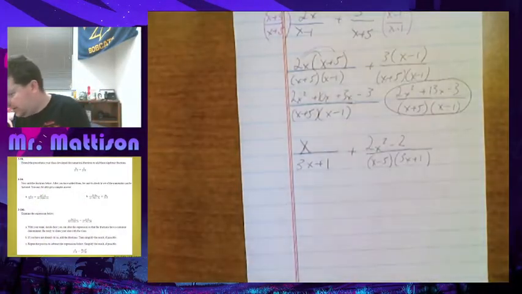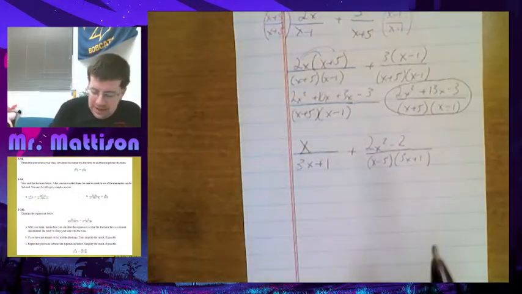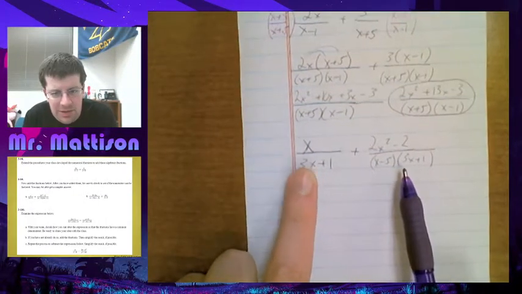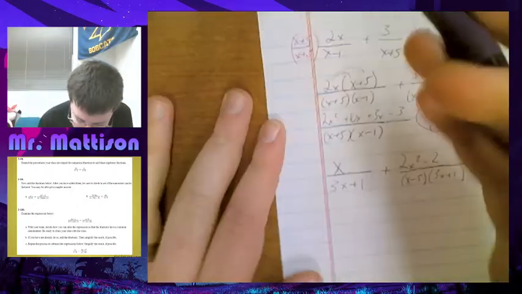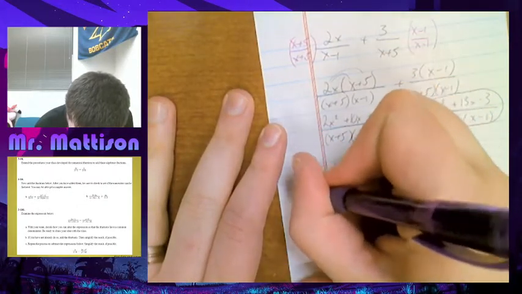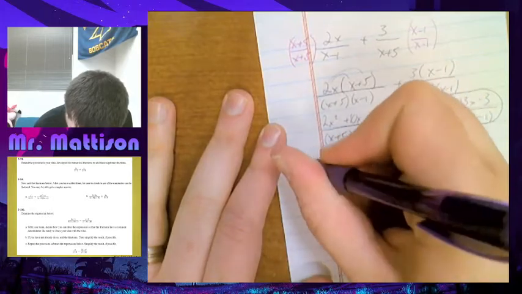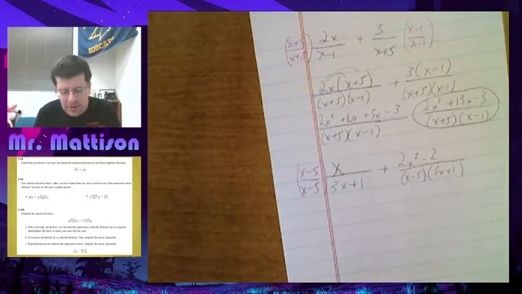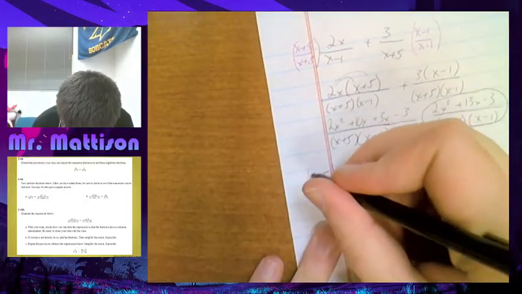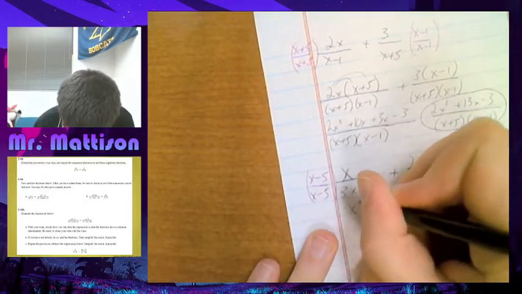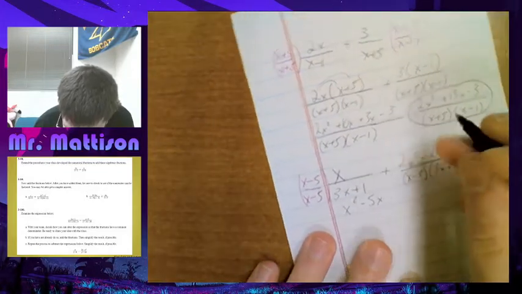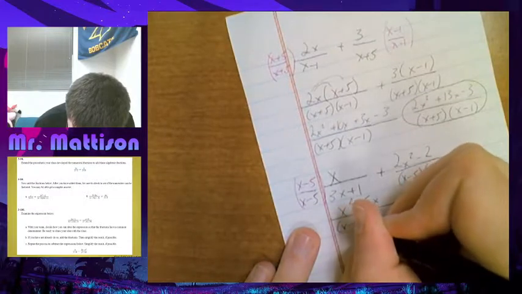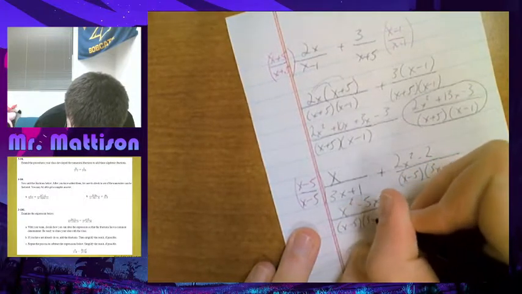Looking at this, like I mentioned earlier, I need these to have the same bottoms. Well, they almost do. This one's just missing that x minus 5. So let's multiply x minus 5 over x minus 5 on this side. That's all I have to do as far as getting common denominators. I'll multiply those out: x squared minus 5x over x minus 5, 3x plus 1,